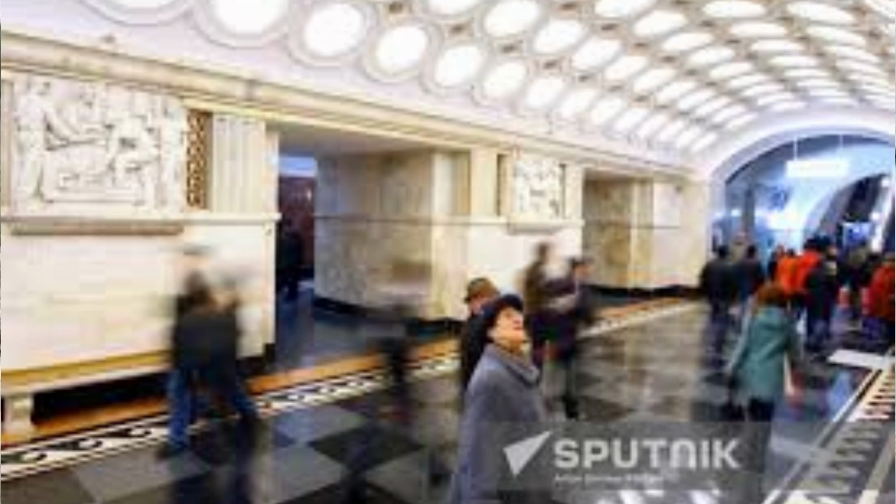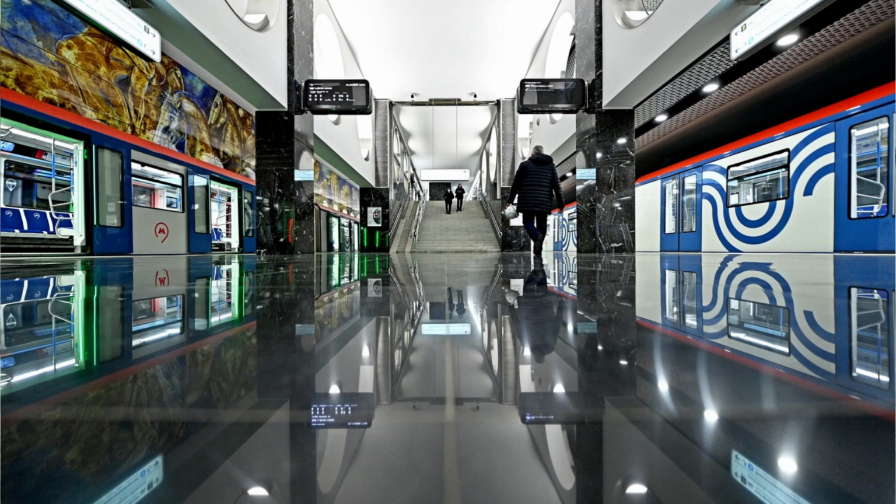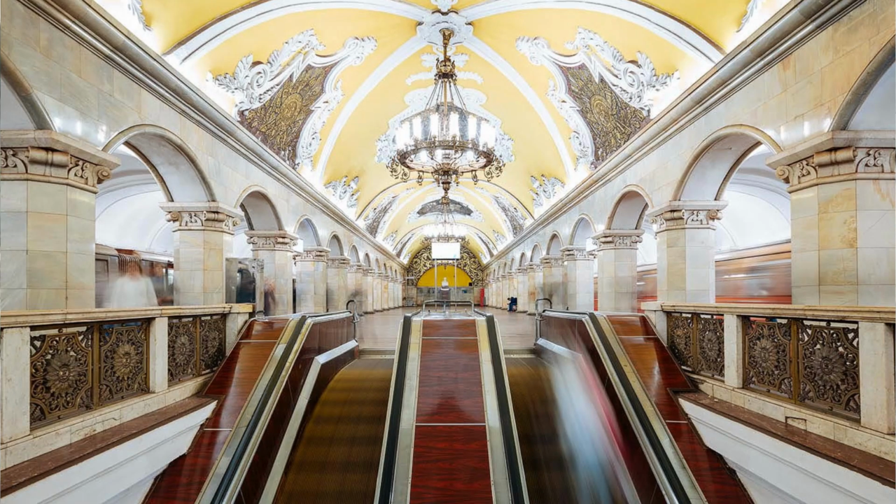Elektrozavodskaya, Russian, is a Moscow metro station on the Arbatsko-Pokrovskaya line. It is one of the most spectacular and better-known stations of the system. Built as part of the third stage of the Moscow Metro, and opened on May 15, 1944 during World War II, the station is one of the iconic symbols of the system, famous for its architectural decoration, which is work